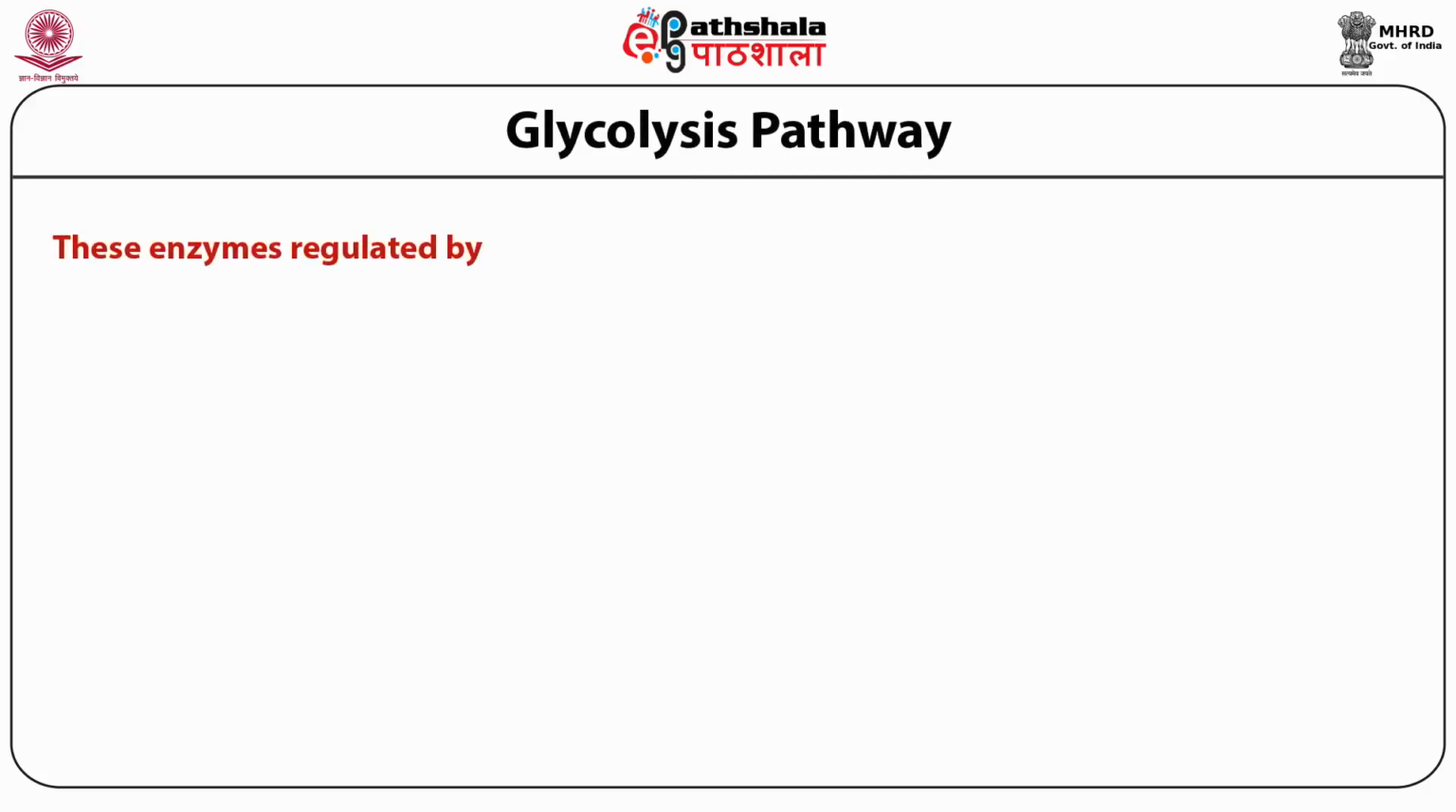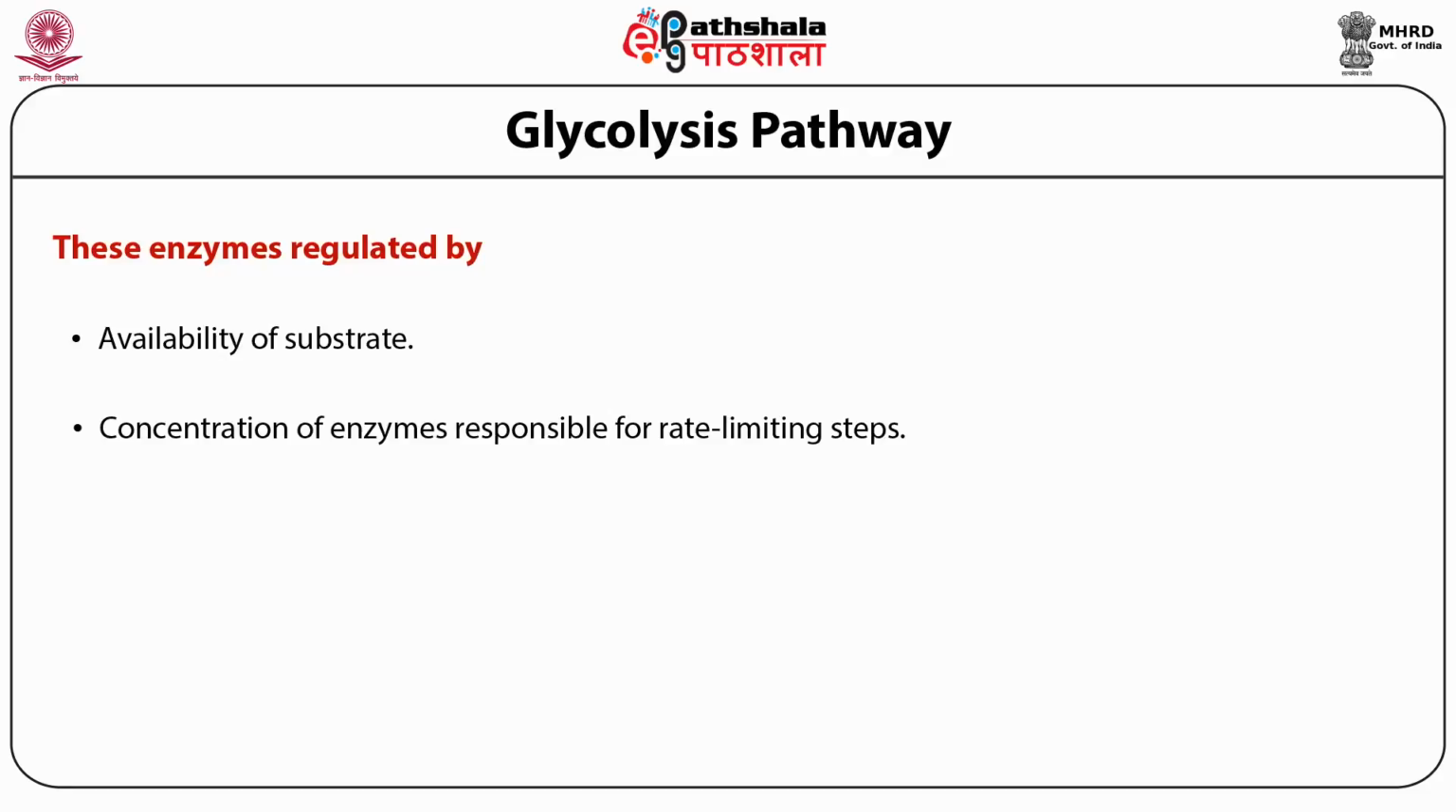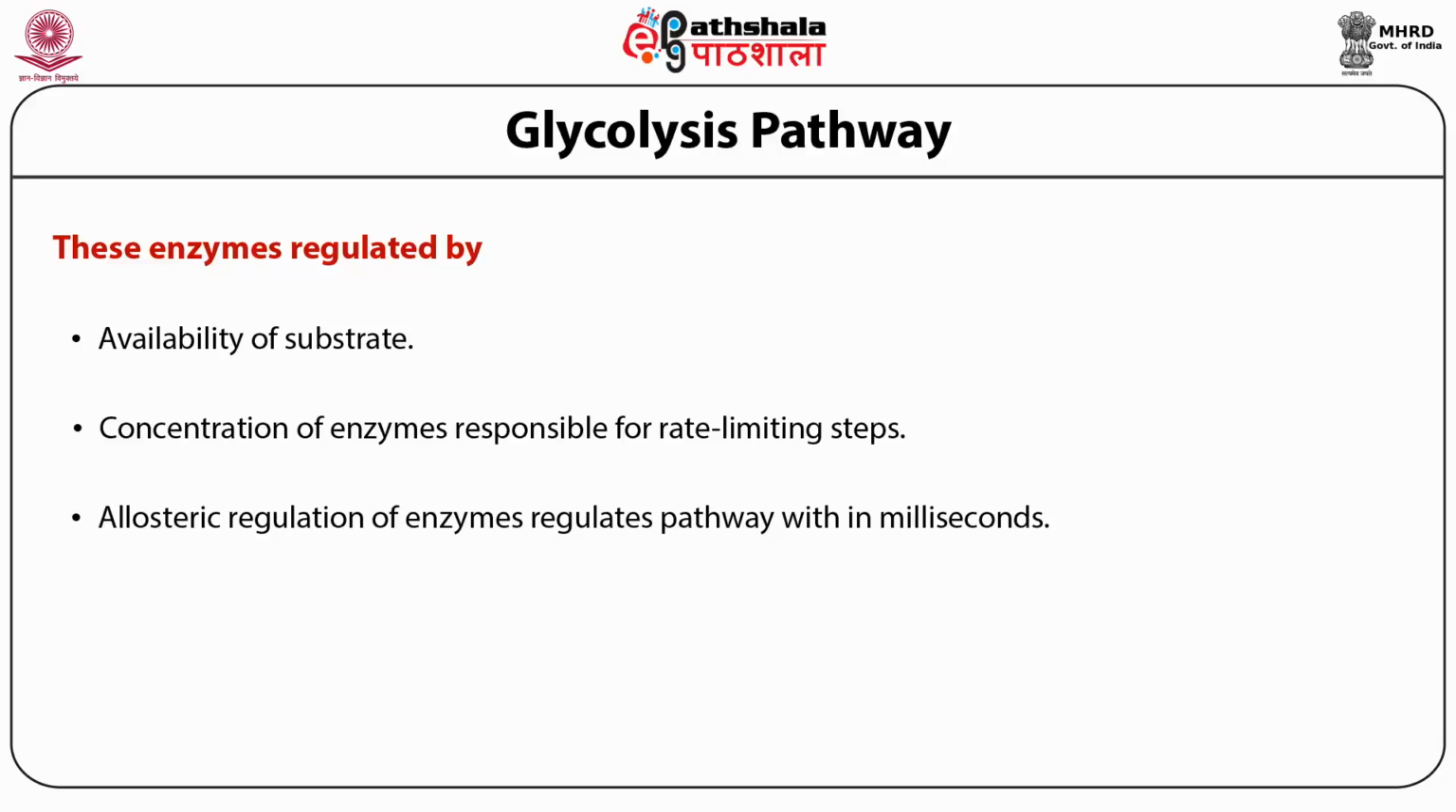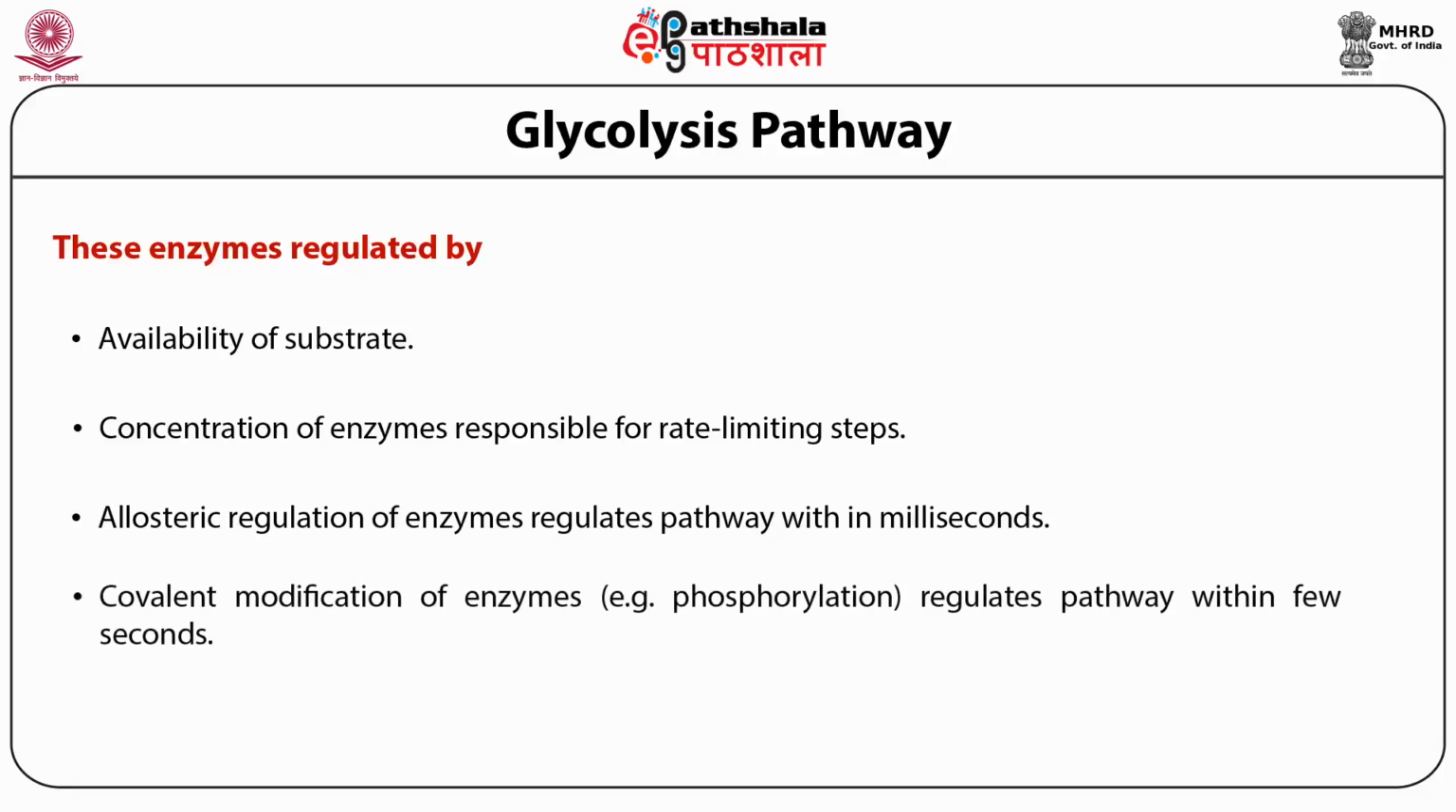These enzymes are regulated by availability of the substrate, concentration of enzymes responsible for rate-limiting steps, allosteric regulation of enzyme, which regulates the pathway within milliseconds, covalent modification of enzyme, that is by phosphorylation, which regulates the pathway within a few seconds, and transcriptional controls, which bring the regulation within hours. So it depends on the kind of requirement: if the control is required immediately, then accordingly the system selects the different kind of